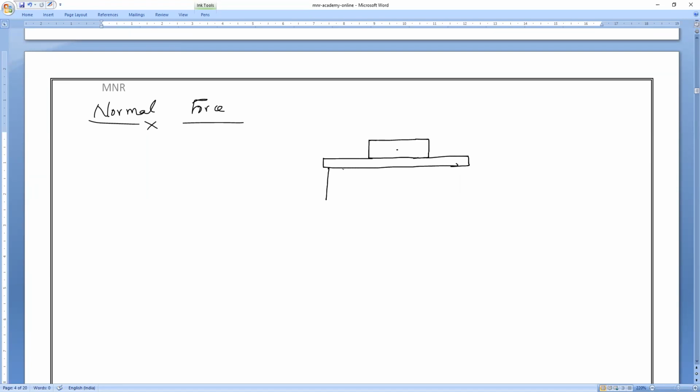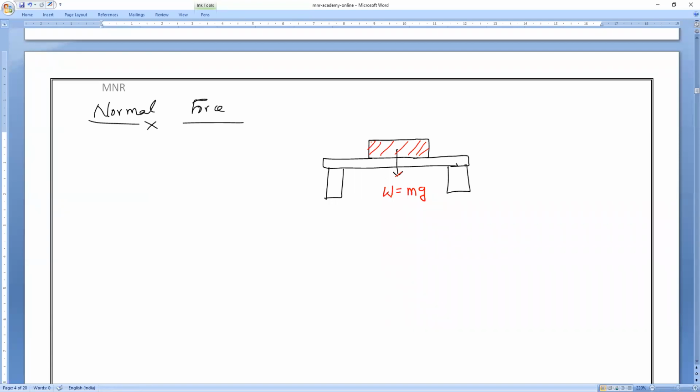I have placed it on the what? Everybody? Table. Okay. Now, this weight will exert some force on the table. What is that force equal to? Anybody can tell? That is what we studied in yesterday's class. So this object is exerting some force on this table because of gravity. That is what we call weight, which is equal to mass into gravity. Right? All of you agree with me?